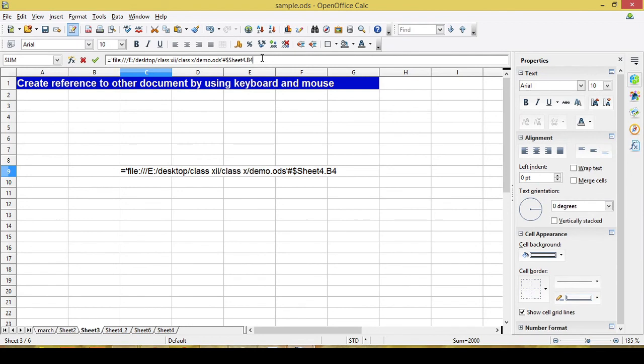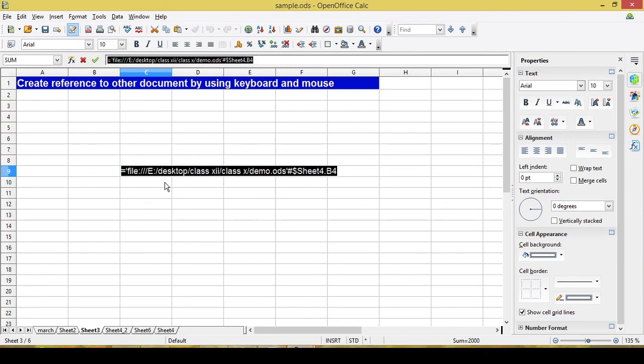Now how will you do that by using your keyboard? When you want to access the data from another file, you have to type equal to sign, and give the address of your file or the workbook.